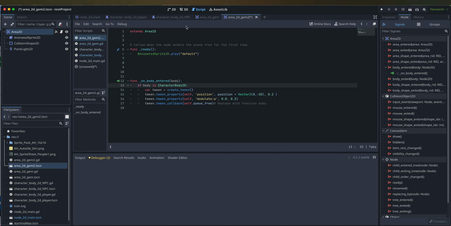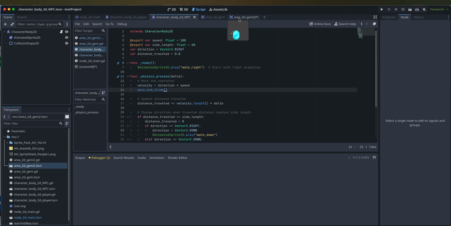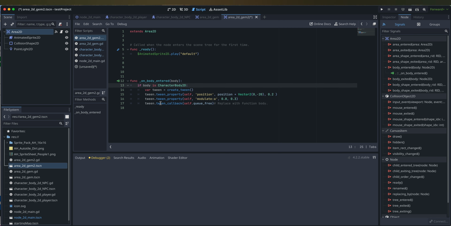Now the thing is that an NPC could also be a character body 2D, depending on how you designed it. So this could potentially be interacted with, but with the way I've written it here, it could be interacted with by players or anything that you would create that has a character body 2D. So you may want to change this to be more specific. There's other ways you can do an if statement around things. You look for the name of the character body 2D or things like that. But right now we're saying if the body is of type character body 2D, which means any instance of that,